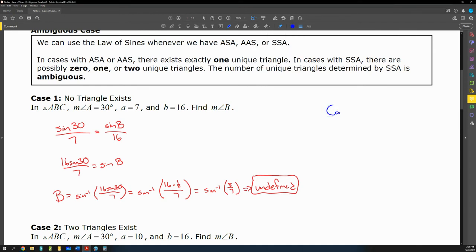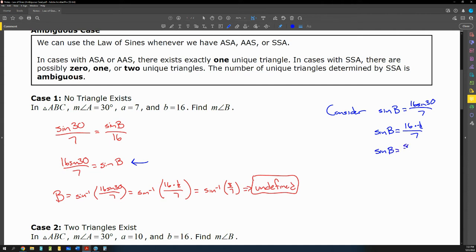Let's consider that part where we have the sine of b is equal to 16 sine 30 over 7. So that would be the second step right here. Consider this step right here. Well, this reduces to sine of b is equal to 16 times a half over 7,